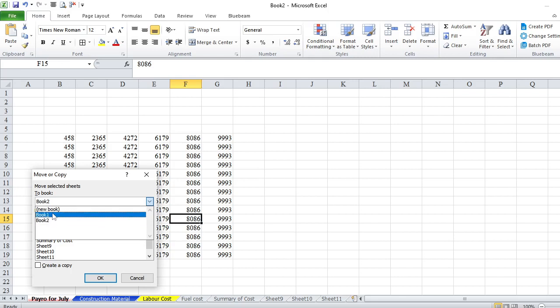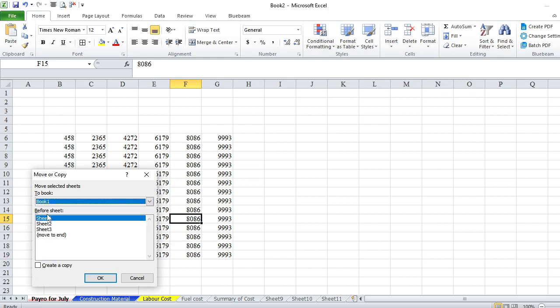If you click book 1, you see book 1 has 3 sheets. If I click here, it will come before sheet 1. If you want to move it to the end, it will be moved to the end of workbook 1.